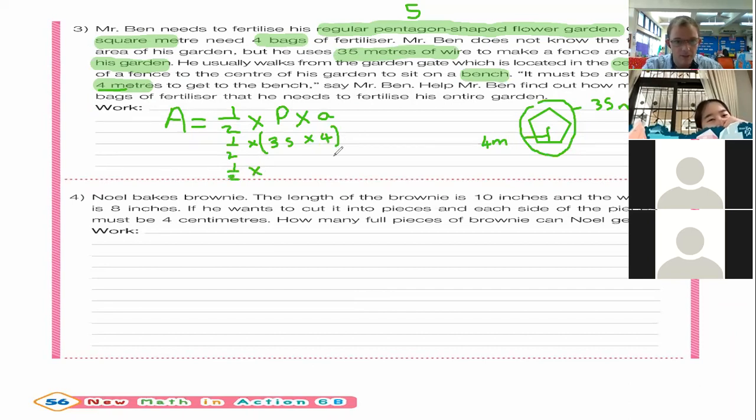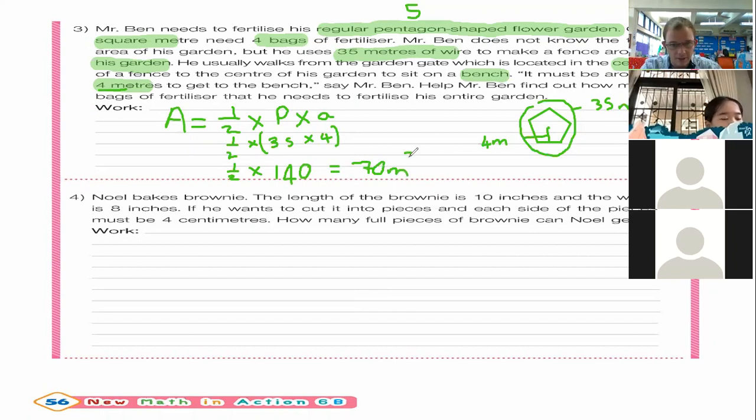You can tell me. What is 35 times 4? 140. Yes, Upo, thank you very much. It's 140. And if we times that by a half or divide by 2, it equals 70